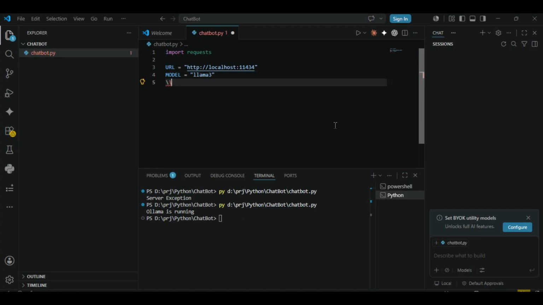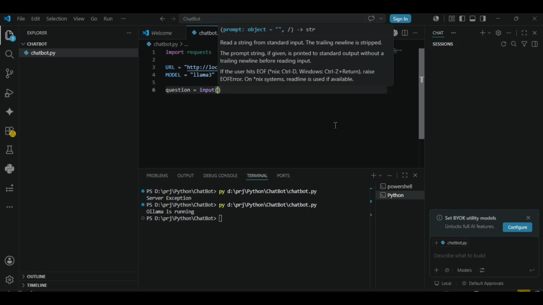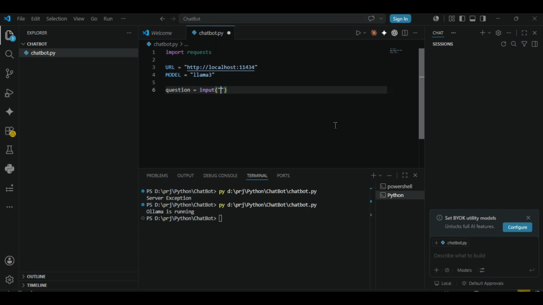Next, I'll write question equal to input. I'm using the input method, so I'm getting input from the user. I'll say "U:" like this. Now I got the input; the input, that is the question, I got from the question variable. After that, if